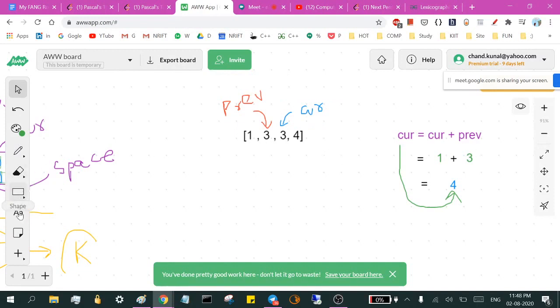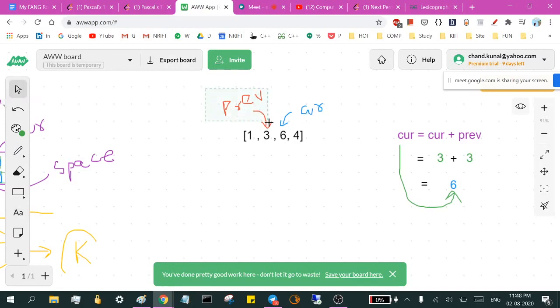So the current value we have is 3 and the previous value still remains 3, and then the sum becomes 6. So we'll be storing the new current value, which becomes 6. So we store over here 6, update the value,